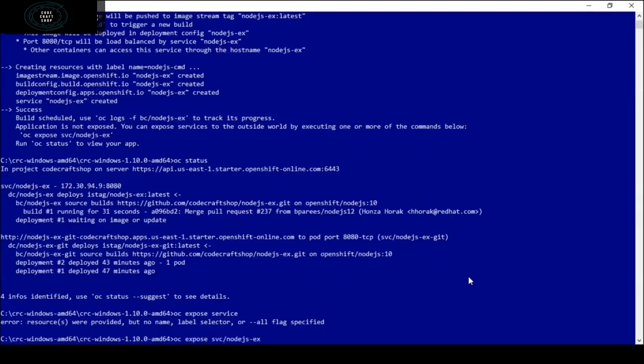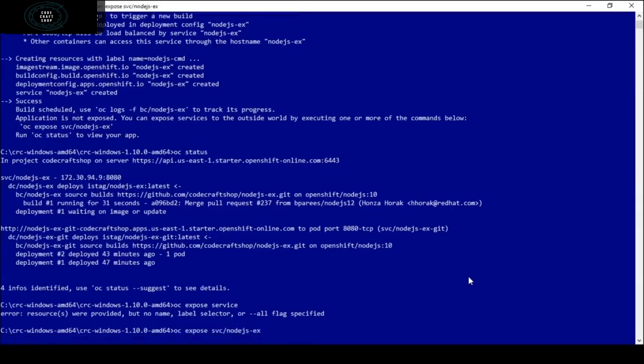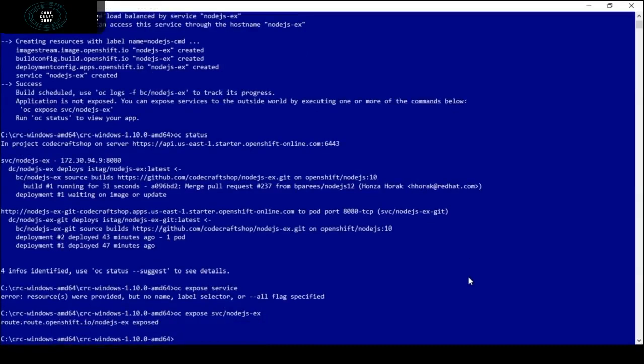So we will expose the services using the command oc expose, then the name of the service. It will create a route through which I can access the application in the browser. Once I executed the command, it says that the route is exposed.